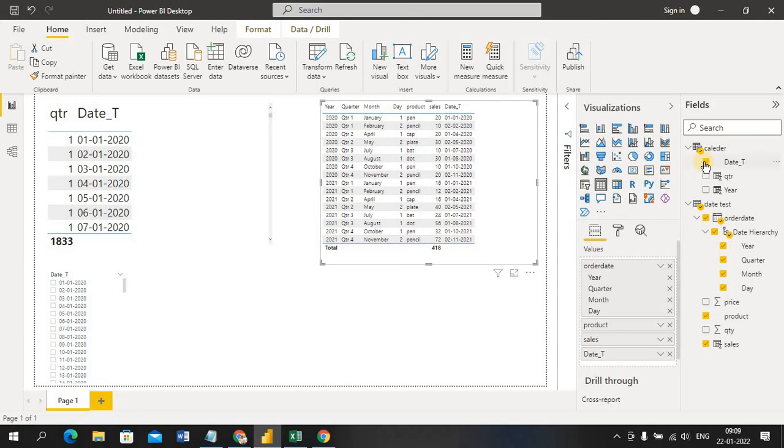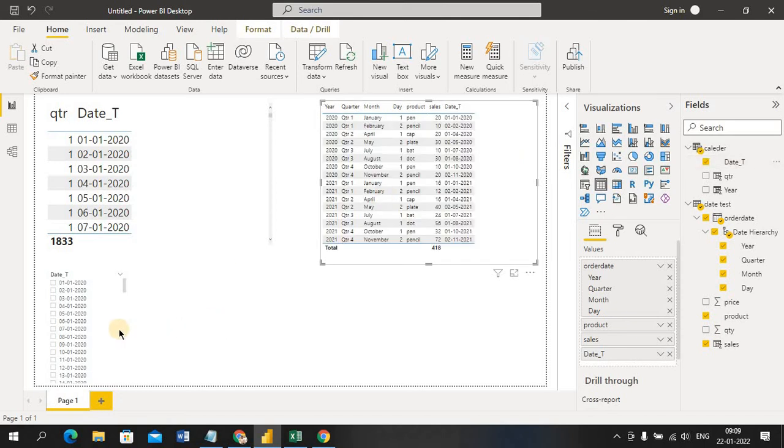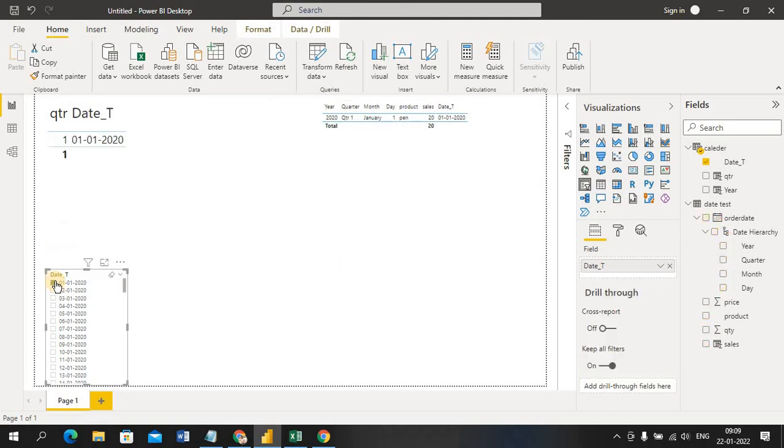So you can see here, I'm just unselecting this. You can make it like this also. Now I'm applying some filters. You can see for this 01-01, for this 01-01, this is my sales.